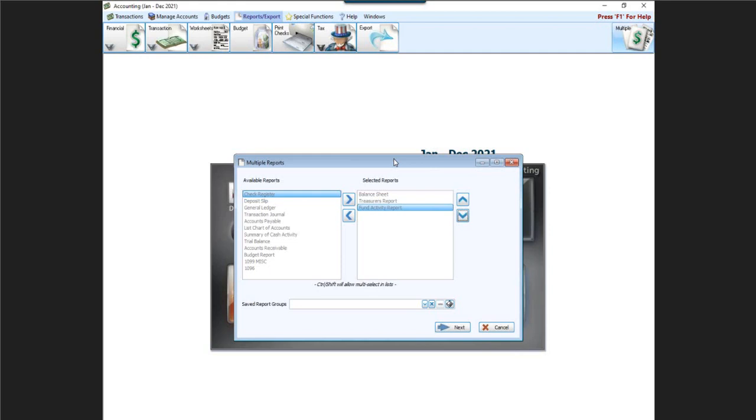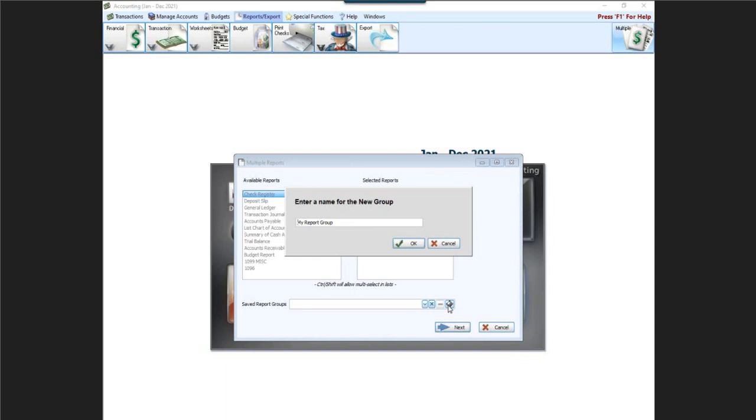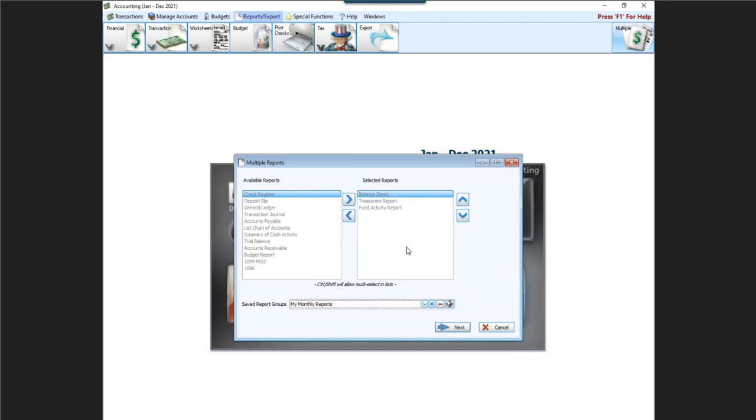But I don't want to have to select these reports each and every time either. So I'm going to go right down here to the very bottom left and click on that little disc icon on the right. When I click on that, it opens up and says enter a name for your group, and I'm going to call this one My Monthly Reports. Then when we click OK,